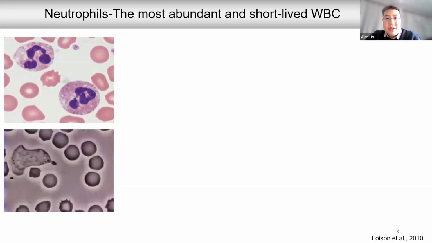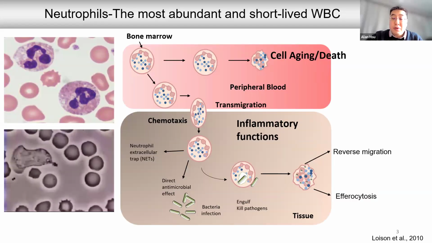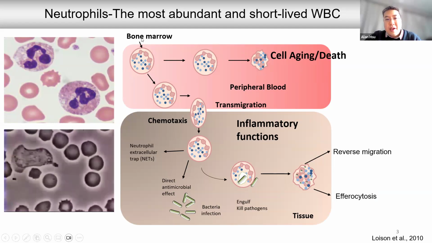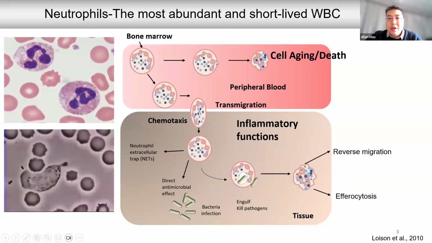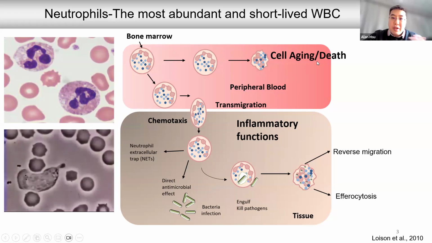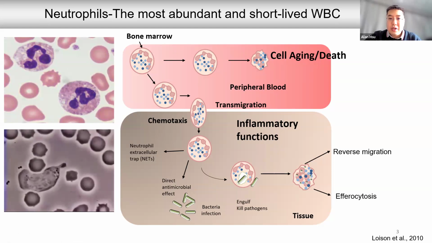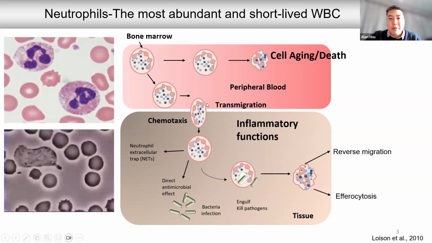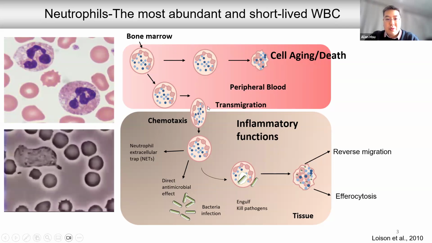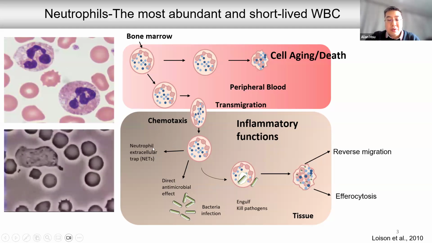So just allow me to give you an introduction on the neutrophil half-life. Neutrophils are produced from stem cells in the bone marrow in the process called granulopoiesis, where then they exit the bone marrow and enter our circulation. And if all is good, they undergo cell aging and death, and everything is fine. However, if there is an infection in a certain tissue, let's say a lung, kidney, or liver, they can transmigrate and chemotax via cues or even swarming into the inflammatory tissue and perform a plethora of functions, which include